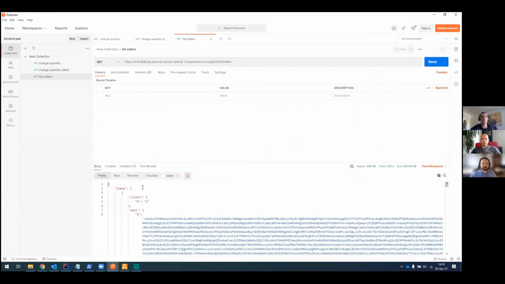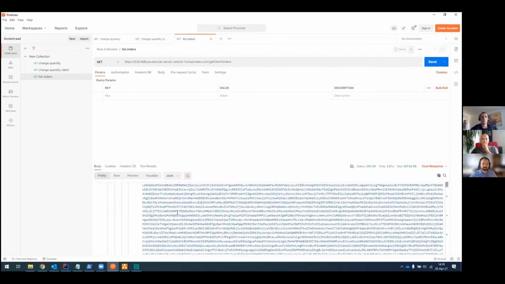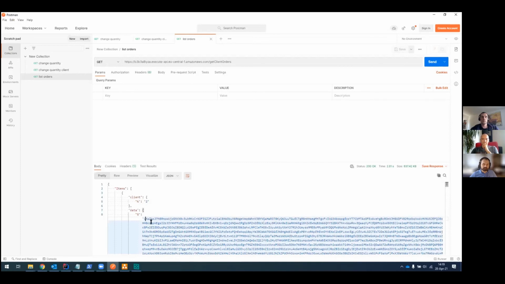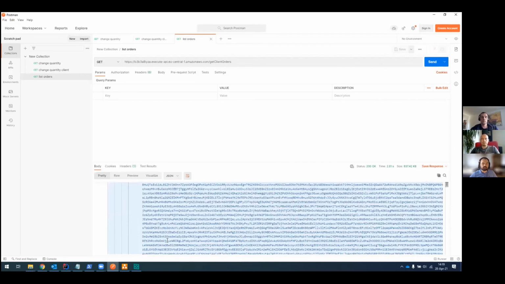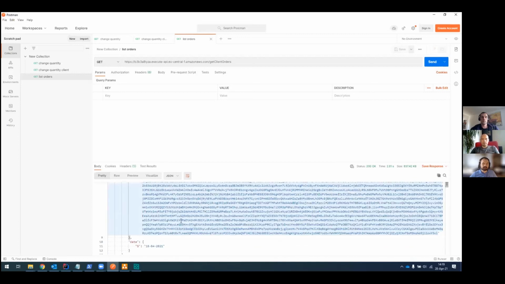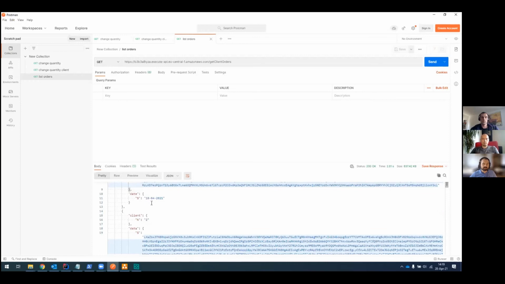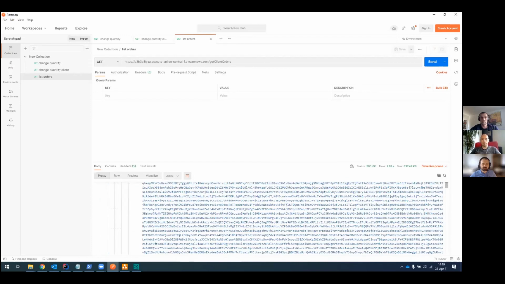So this is just dumping out some things we have in DynamoDB. So we have items, we have the client ID. This is data, basically representing some encoded order data that's going to be decoded and then shown in the display. We have an order date, which is our sort key, and we basically have a bunch of these.